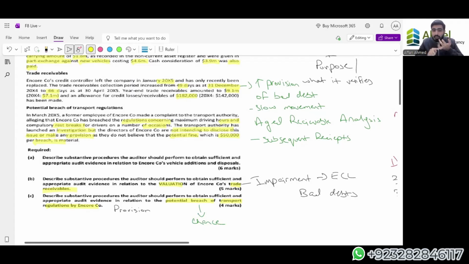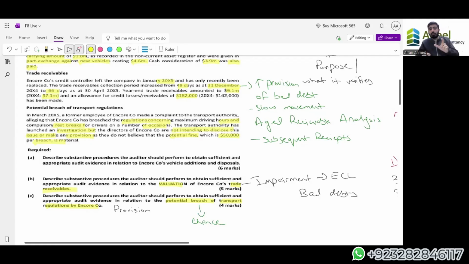Discuss with the legal counsel what the potential situation is, what the likelihood is that we might have a particular fine to be paid and the particular breach is proven against us, so that we can record a payable. After the year end, compare the payable that we have recorded with the actual amount paid, to get an indication of whether we were correct or not, or whether we need to amend the financial statements or not. Other than that, we can obtain written representation from the directors, that they were not aware of this particular breach and are not aware of any other breaches.